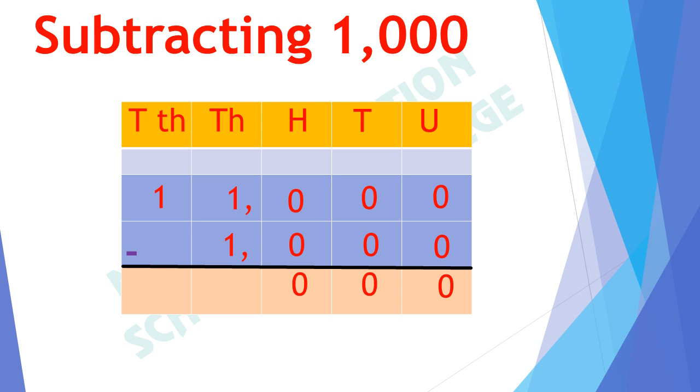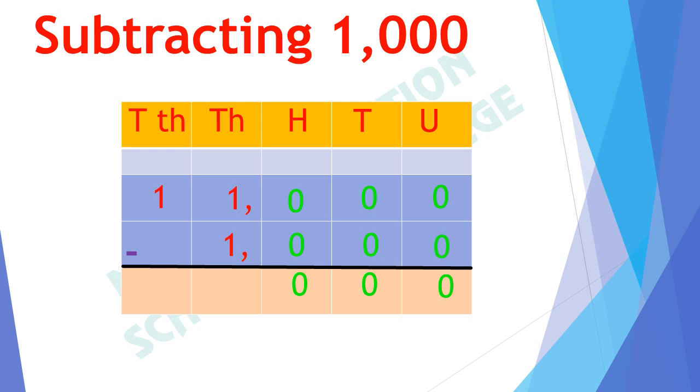We have to subtract 1000 from 11,000. First of all, we start from units. We have to subtract 0 units from 0 units. If we subtract 0 units from 0 units, we get 0 here. Then we move towards the tens. In tens column, we also have to subtract 0 tens from 0 tens. So we will write 0 in the tens column. After the subtraction of tens, we will move towards the hundreds. In hundreds column, we also have to subtract 0 hundreds out of 0 hundreds. And here we will get 0 hundreds.